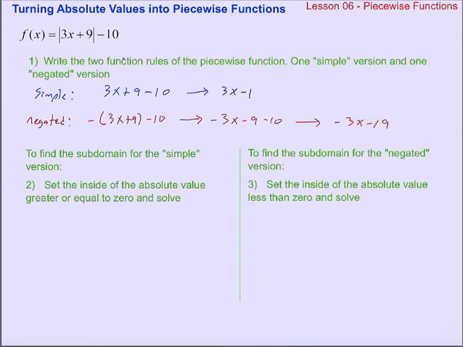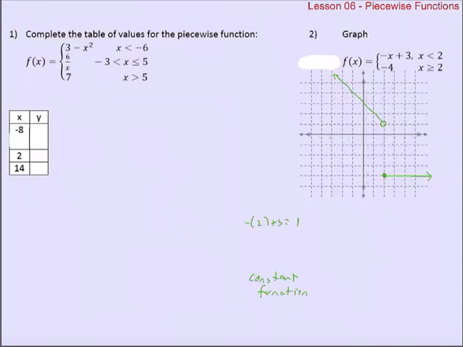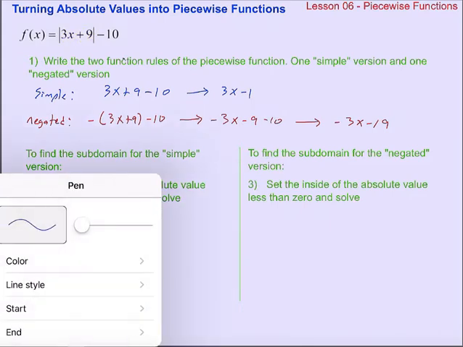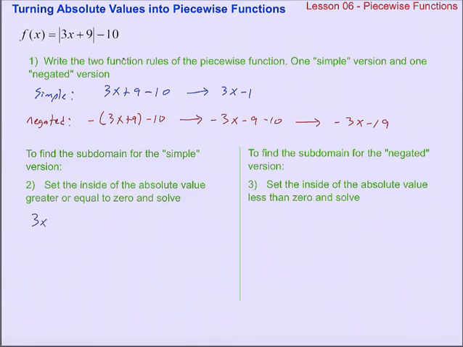So remember, the x values when we follow each rule, we call that the subdomain. That's the fancy word for this part of the piecewise function when we say when to follow each rule. So to find that subdomain for the simple version, we're just going to find out, when is the inside of the absolute value positive? Because as long as 3x plus 9 is positive, we're taking the absolute value of a positive number, which is itself. So as long as 3x plus 9 is positive, or 0,